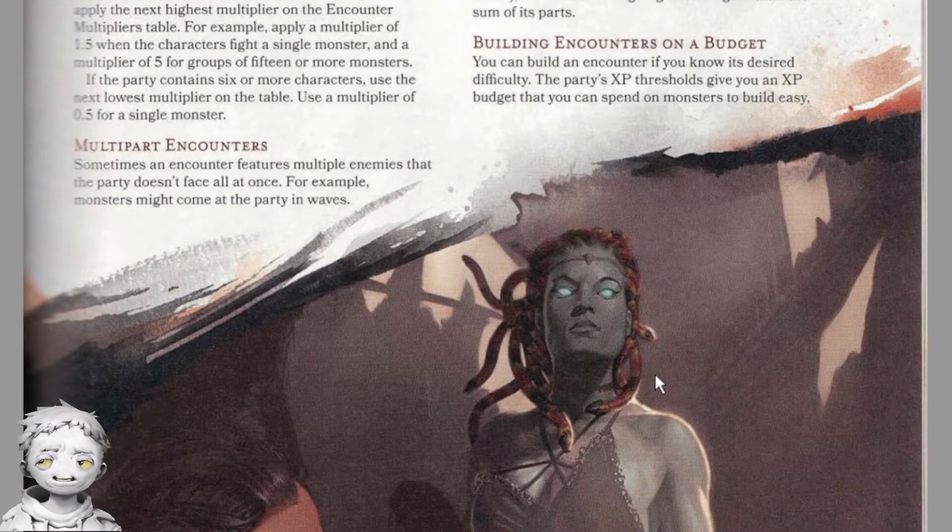Building encounters on a budget. You can build an encounter if you know its desired difficulty. The party's XP thresholds give you an XP budget that you can spend on monsters to build easy,